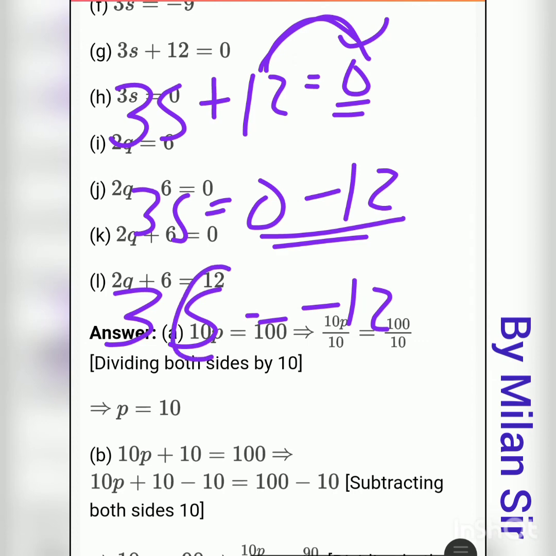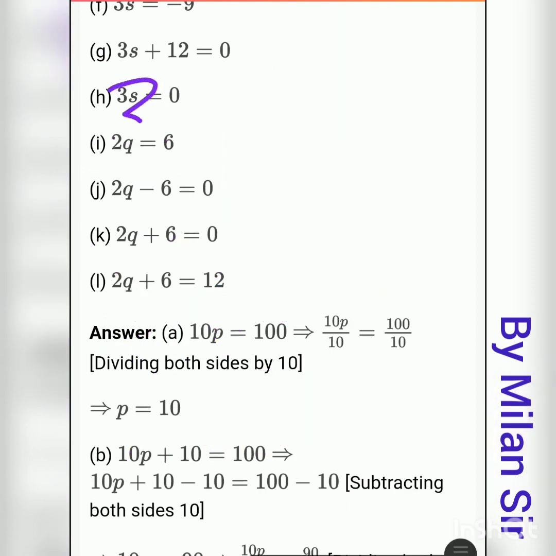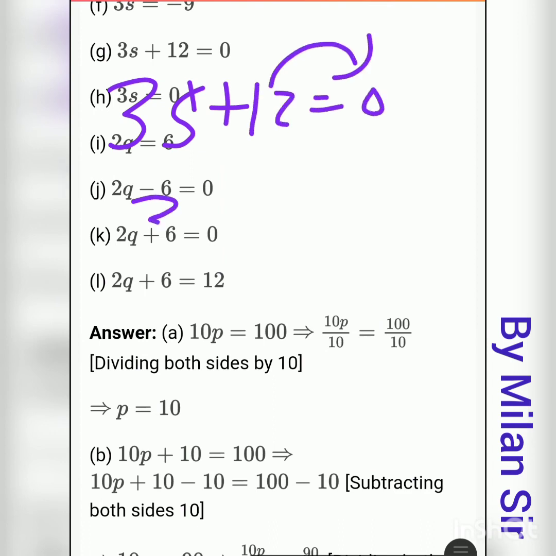Now if we want to find the value of s, transfer this 3 to the right hand side. Right now this 3 is in multiplication. If we transfer it to the right hand side, it goes to the denominator. So divide by 3. And finally 3 4s are 12. So the answer is 4 and the sign is negative, so minus 4. Again, 3s plus 12 is equal to 0. Transfer this 12 here. So 0 minus 12, it's a minus 12. Plus 12 becomes minus 12.